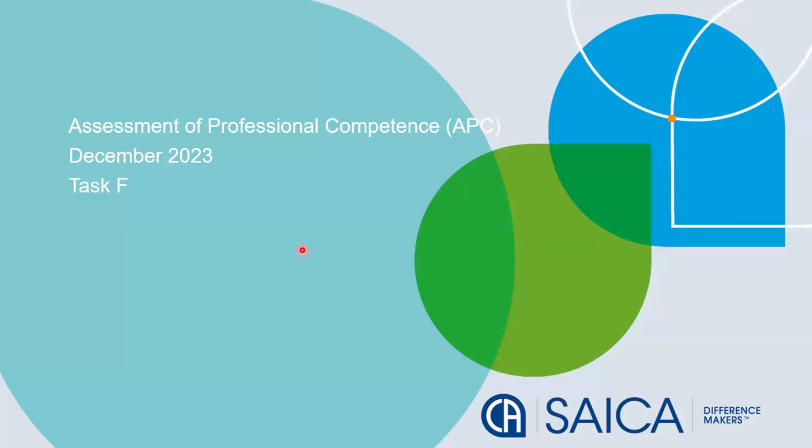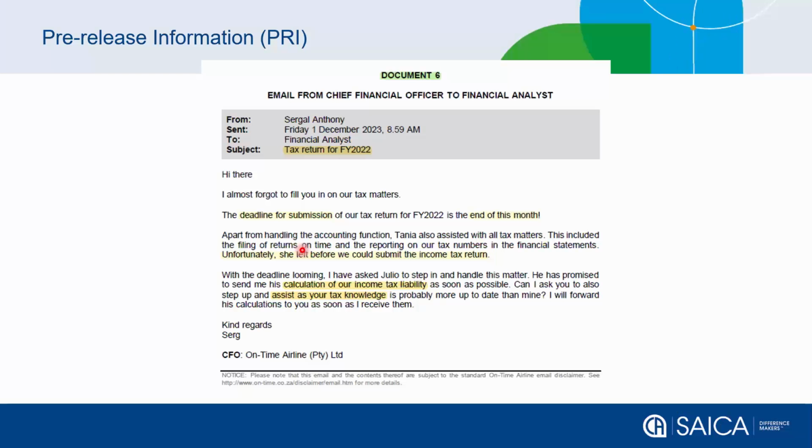Today, we'll have a look at Task F of the December 2023 APC, considering the pre-release information and the information on the day, followed by a competent response and a limited competent response. When looking at the pre-release information in document 6, you're provided with information regarding the tax return for 2022, which